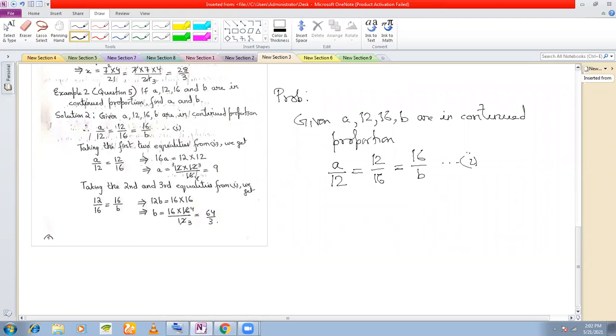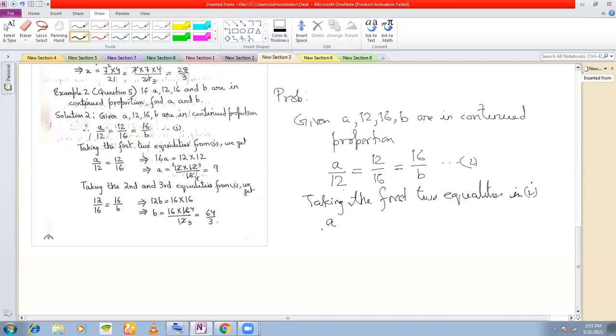Now see, if I call this 1, then this 1 consists of equalities. In fact, three equalities are there, but we'll not consider the last one. Two will be sufficient. So if I consider the first two equalities in 1,